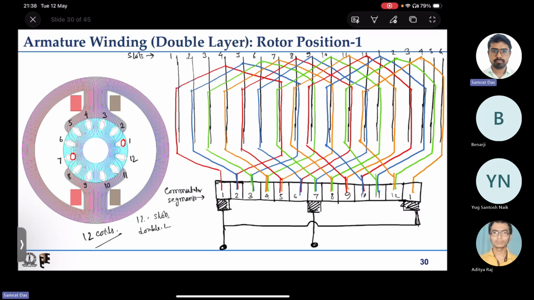So say some current, I have not indicated the current direction, so let me define. So say this is the current direction here, so the entire current should come out like this from here. Now what about the direction? So from here it will enter, so half the current, say total current is Ia, 0.5 of Ia will be entering through this path, and another 0.5 will be coming and entering through this path,